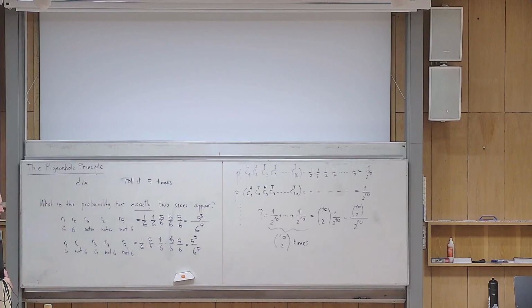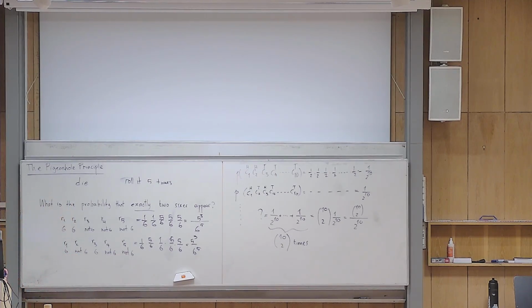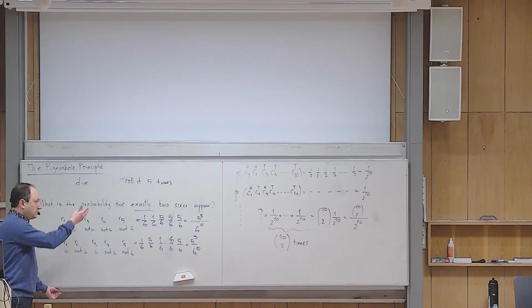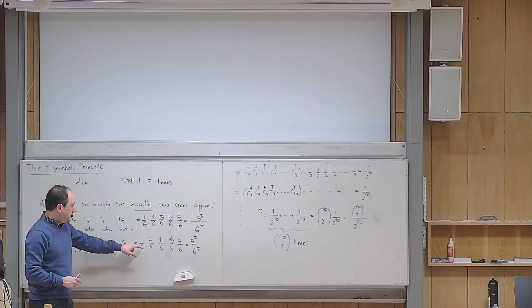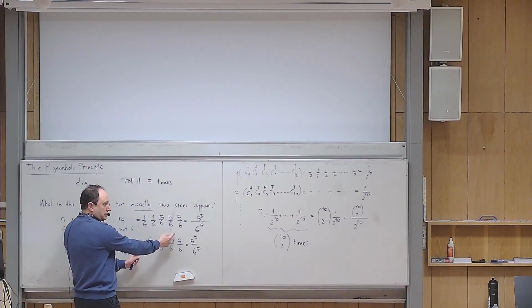Babak, yes? For the second one, you have three 6s. Not 6, not 6, not 6, 6, 6. Oh, my mistake. Yes. Okay, so the point is that here the numbers appear in a different arrangement, but the